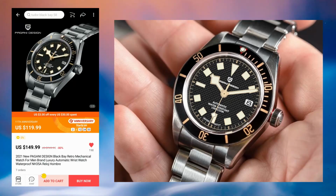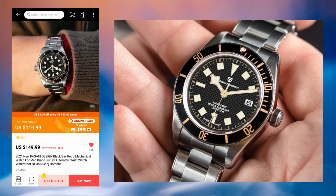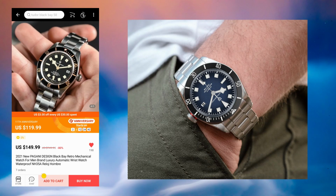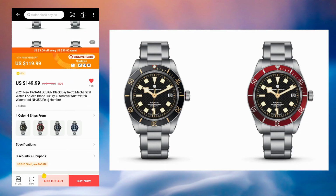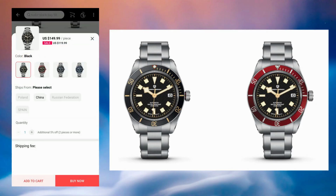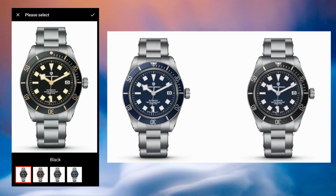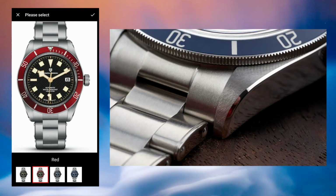We've gone almost through the entire list, and the 9th watch is another new release from Pagani Design. Again, Pagani Design do what they do best, copy and paste famous designs, and this time it is a Tudor Black Bay homage. You can go with the black and gilt, red black and gilt, black and blue dial, or all blue version. It features a 42mm wide stainless steel case,